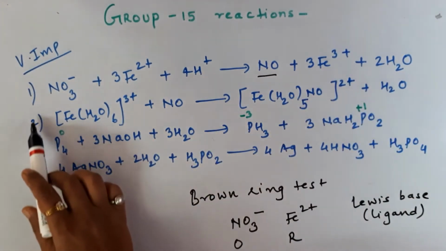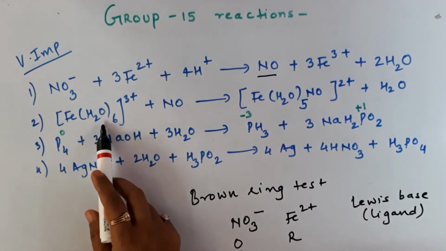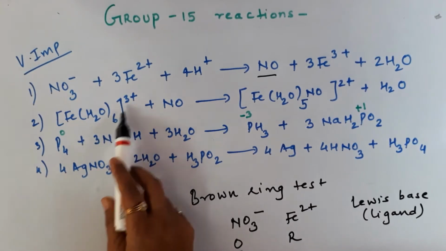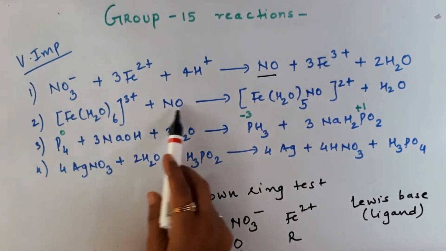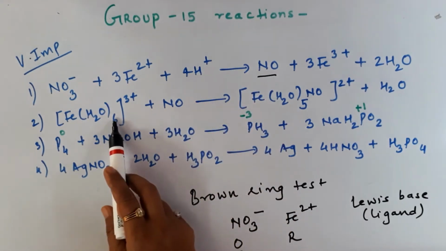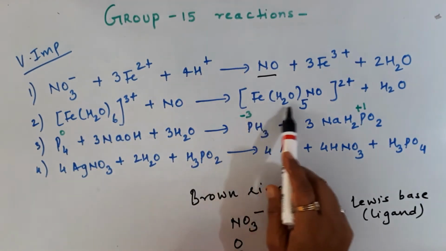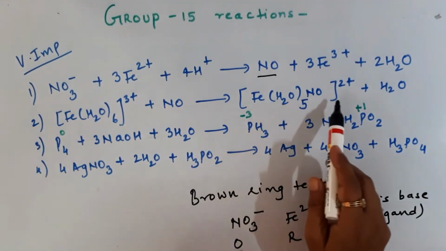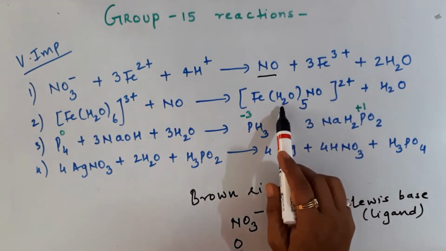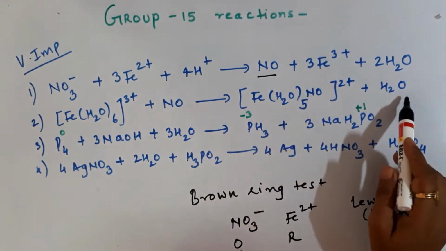Second reaction is also a part of Brown ring test, where the Fe2+ surrounded by water is becoming a complex species, [Fe(H2O)6]3+. Now this complex is reacting with the ligand NO of the first step, nitric oxide, and one of the water molecules will come out and nitric oxide will get inside. So you get this brown colored ring. So this is the formula of the brown colored ring, and that is, you can see, penta aqua nitroso ferrous ions plus water is formed.